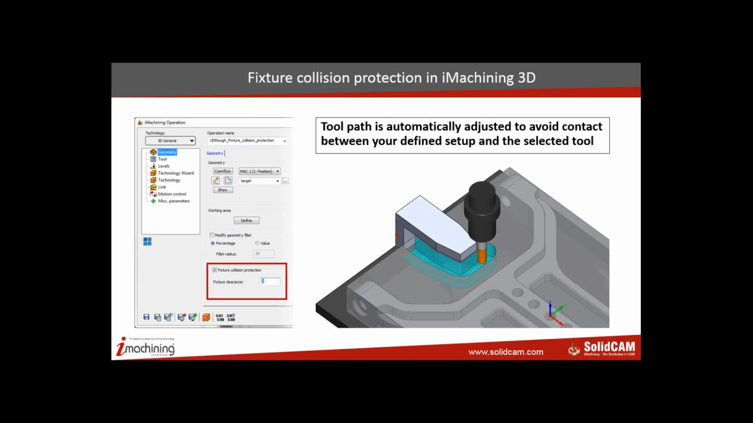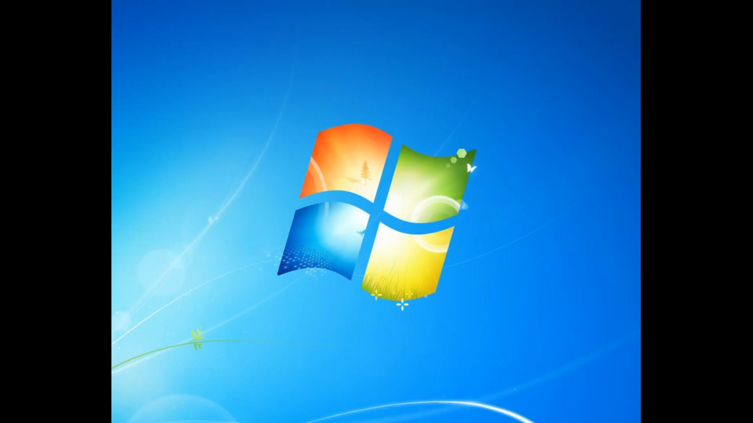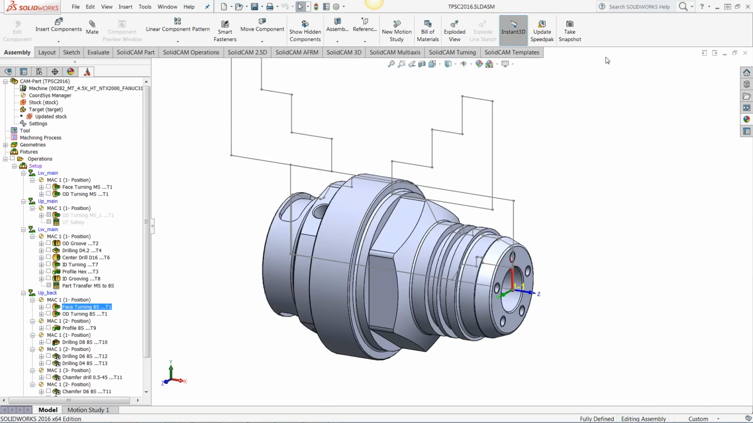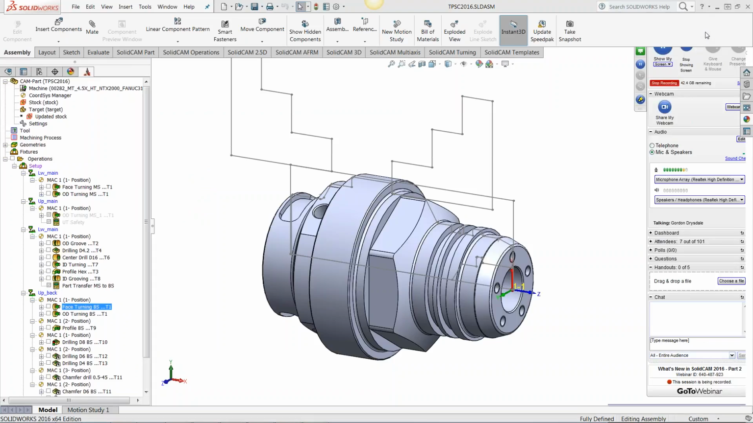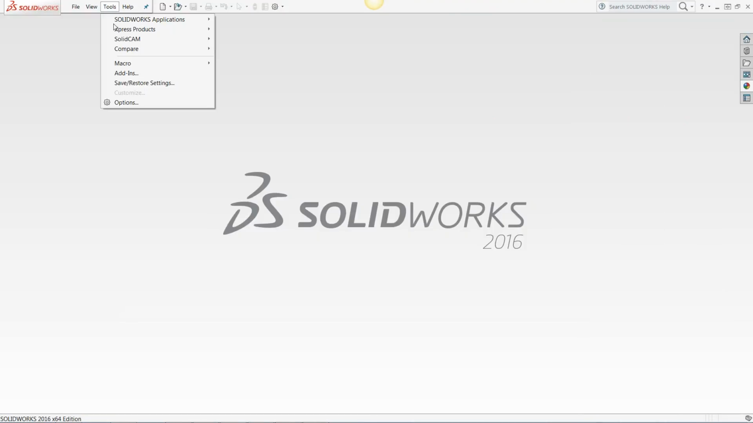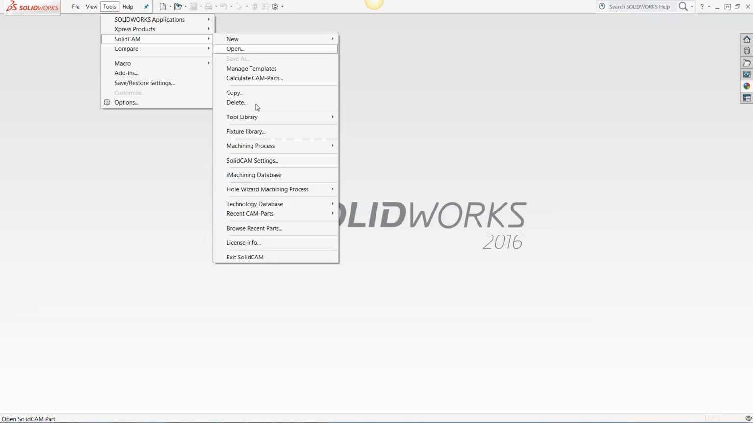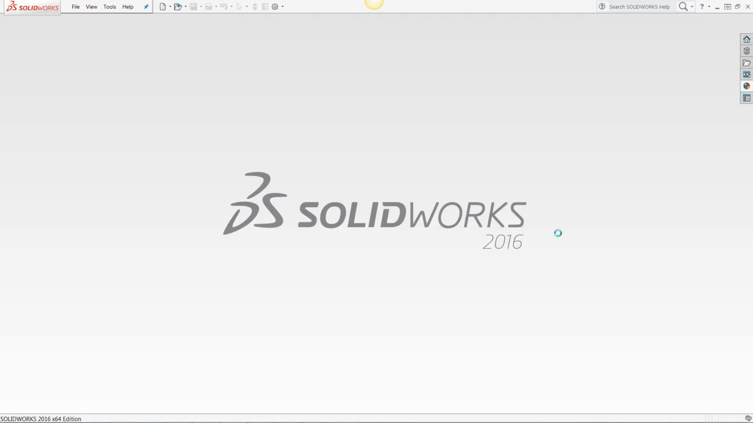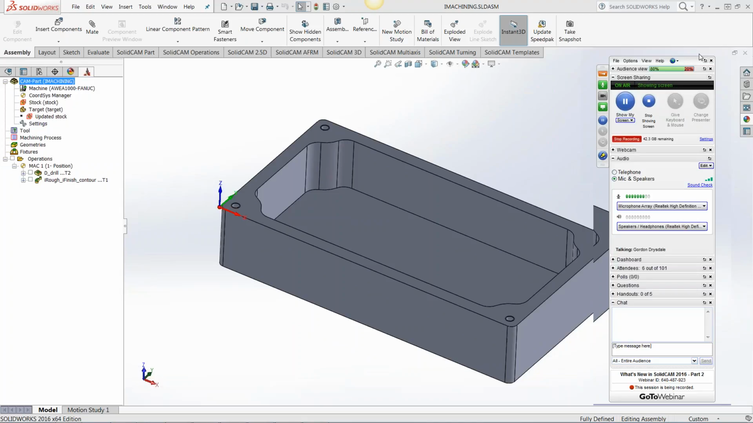Let me once again change screens. It's not the quickest thing to do on here. Show my other screen. Here we go. And I'm just going to close down the part that I had open previously. Let me just move this menu out of the way so you can't see. Close that down, and I'm just going to open an iMachining part, a mill part here, and this is a quick one just to show the drilling